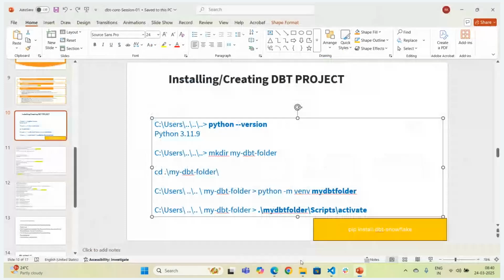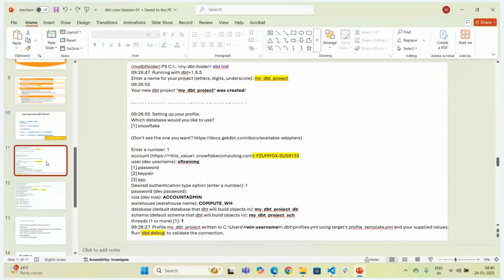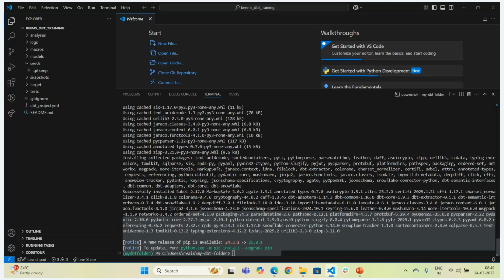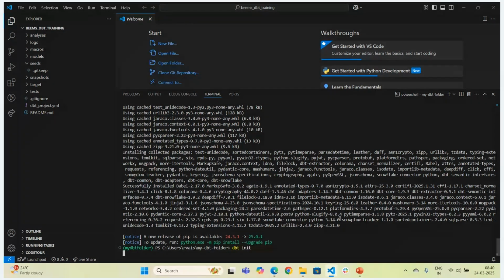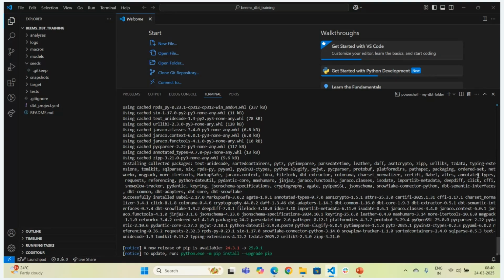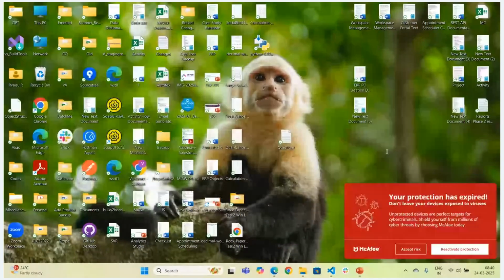Now what is the next step here? We have DBT in place, so now we have to start the project. So how do we start the project? From this place only. Let's run dbt init. With this step, what it will do is, because we have installed the DBT connector for